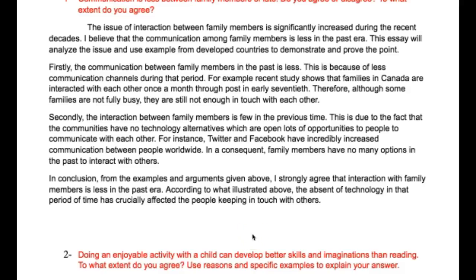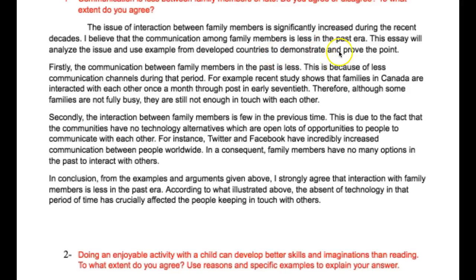The issue of interaction between family members has significantly increased. Look, past participle, has significantly increased. Okay, because we got the D on the end there. During the recent decades, good. I believe that the communication among family members is less in the past era. Good. This essay will analyze the issue and use examples from developed countries